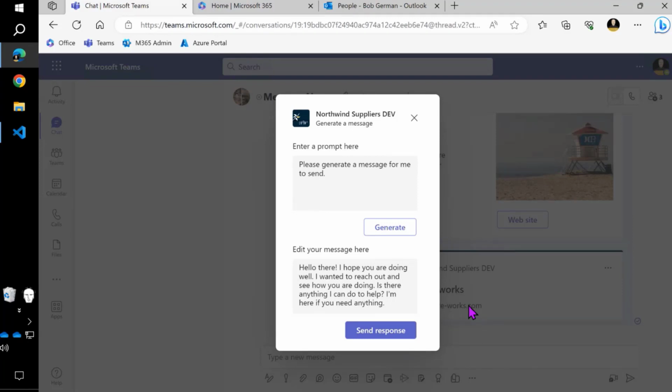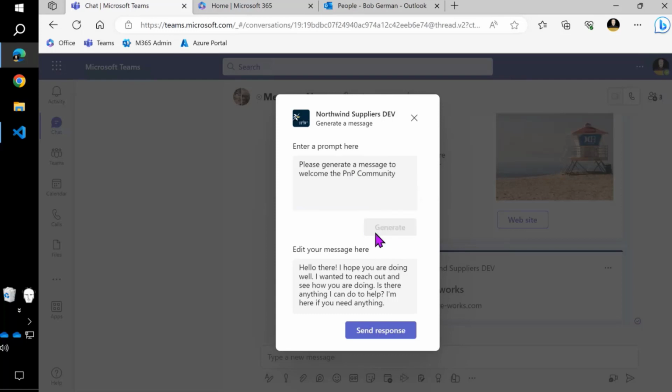But we encourage you, if you can get access to an Azure subscription, to set this up yourself and have a lot more control over the environment. Also, any information that gets sent in stays inside of your Azure tenant and not in a public shared web service where they might be training the service based on your business data, which, depending on your business, may or may not be a big deal. So here we've got a prompt and it just says, please generate a message. And we're getting kind of a generic message. So let's say, to welcome the PNP community.